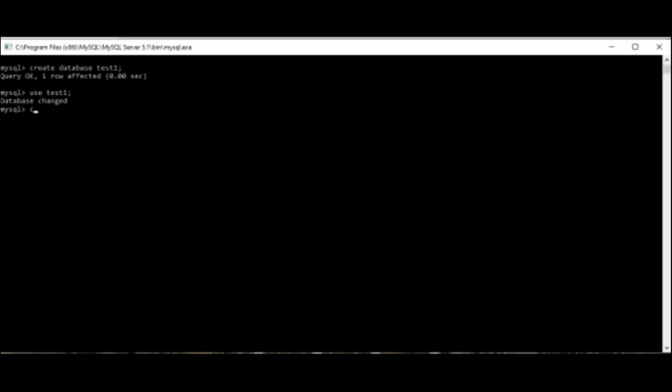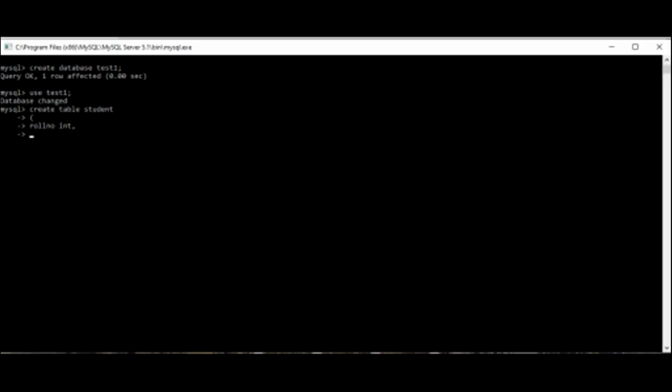To create the table you will write here create table, name of the table, then parenthesis. After that you will write the first field name, roll number, its data type, then separated by comma.